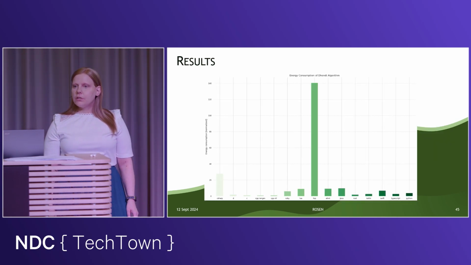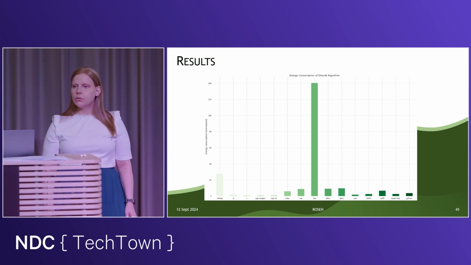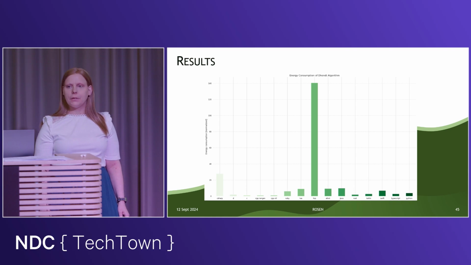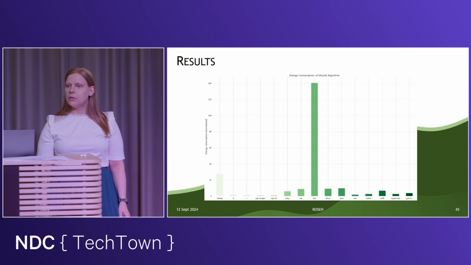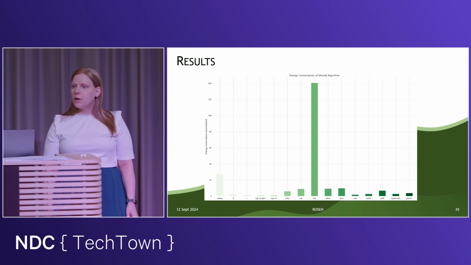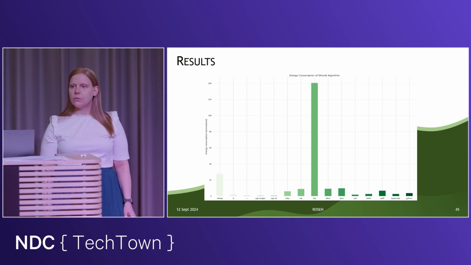Here are the results of the measurements of the Hound algorithm for all programming languages we showed. In this plot, you can see the normalized energy consumption for each program measured by Code Carbon. Just by looking at the bar plot of the results, you see that the compiled languages which use manual memory management use the least energy, while interpreted Lisp uses the most energy, followed by C# with its running VM and